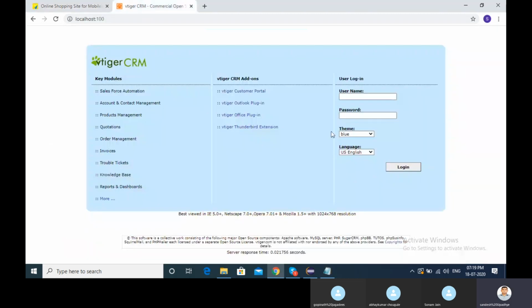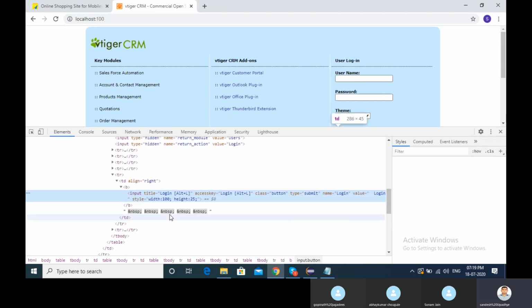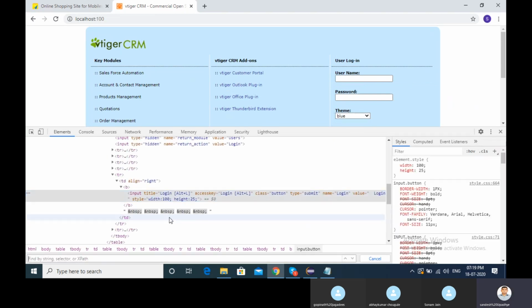Then I told you, let me find one control. I want to find this login. Then this XPath I told you with the content, right?